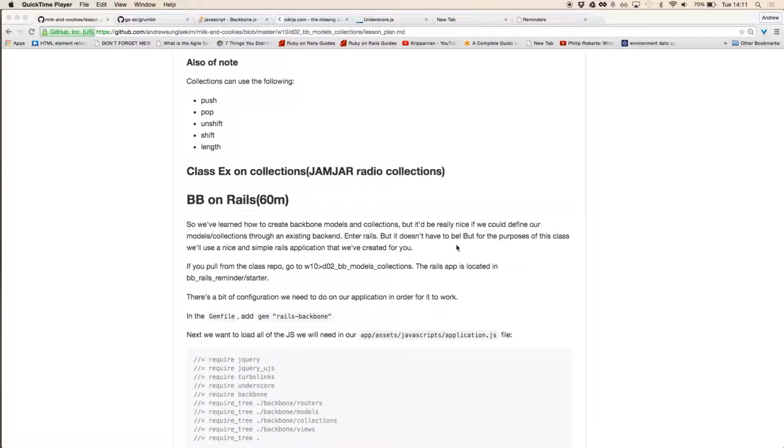Cool. So we're going to do this on a simple Rails application, but realistically, we can model our models and collections in Backbone on any existing API, right? But we're just going to use an existing Rails app that I created last night. And that app is called Reminders. If you look in the GADC Milk and Cookies repo,